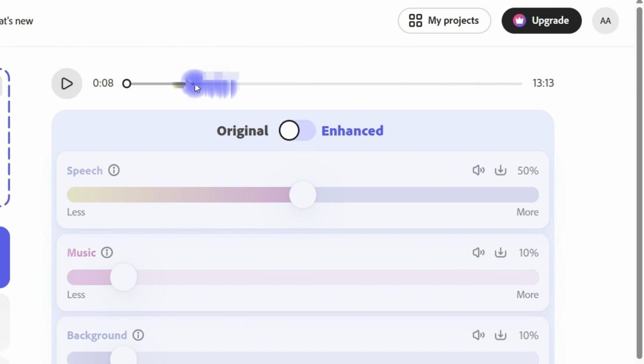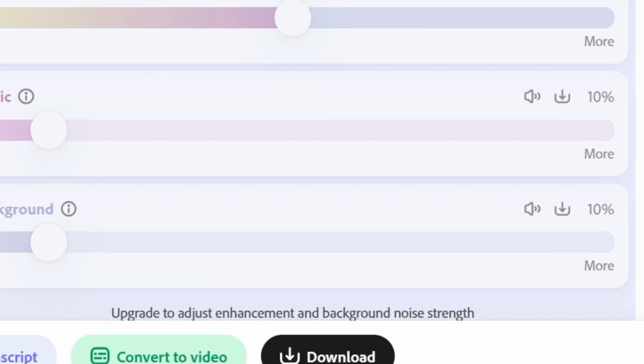So let's hear the after. In this video, I'm going to show you how to convert your PDF document into a PowerPoint using I Love PDF. Fantastic, and you can see it's been greatly enhanced, and you can access it by just coming down here